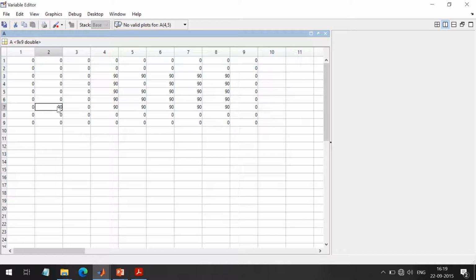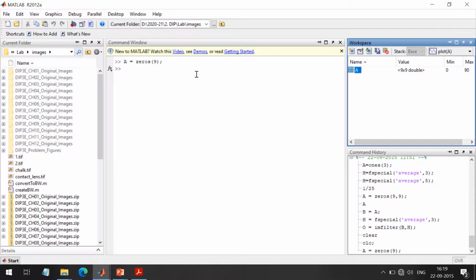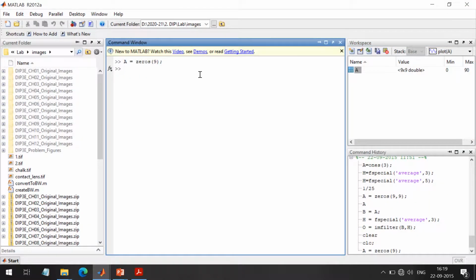Now we want to minimize the effect of this noise. Consider this is our input image with these two noisy pixels. Now let's create a mask.